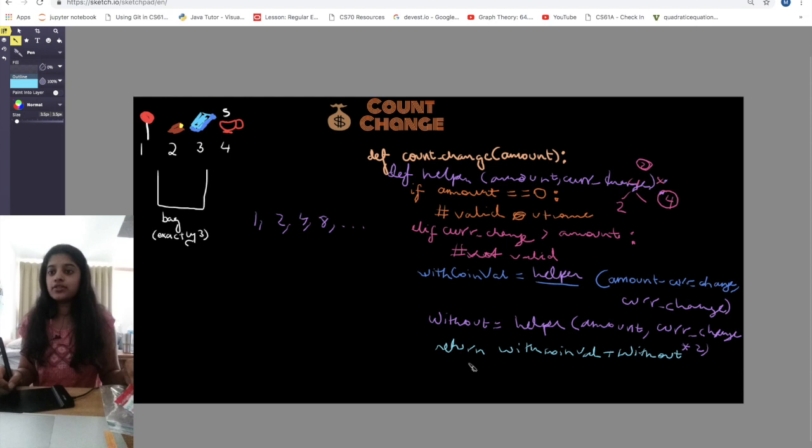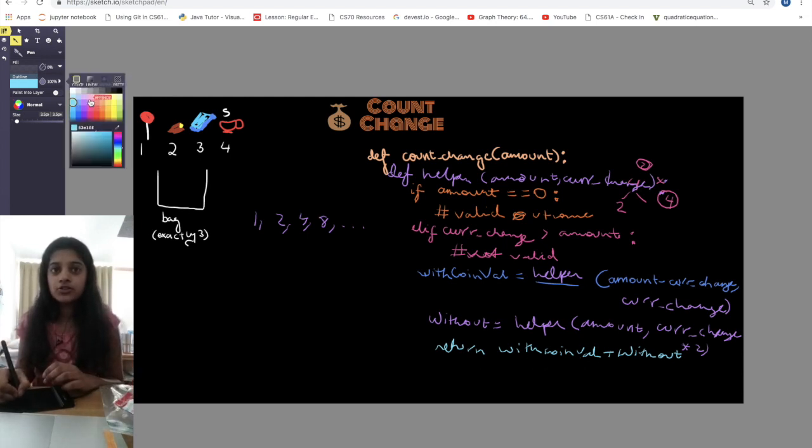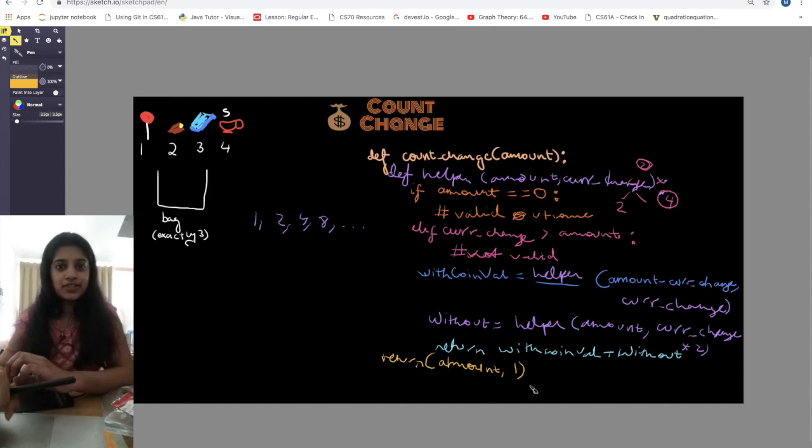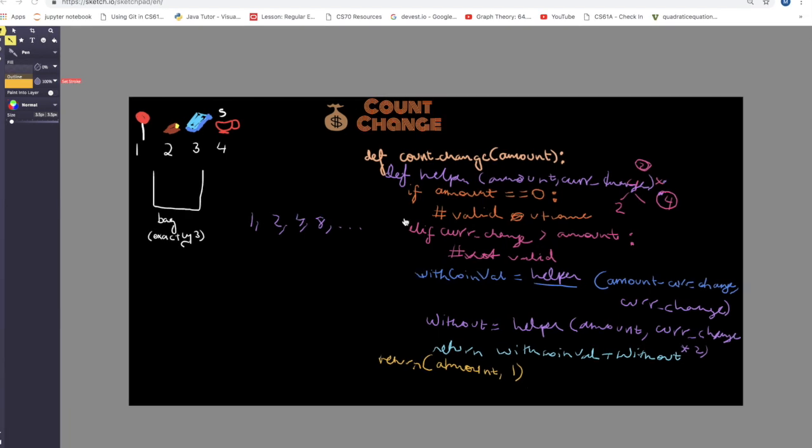Okay, so this will return the sum, and of course I need to make a call to my helper method in this area. So return, and my starting coin will be 1, because that's the coin value I start off with, right? And the amount I need to fill in is passed in by the main constructor, which is amount. So amount and starting coin value will be 1. Okay, and this will actually solve the count change problem